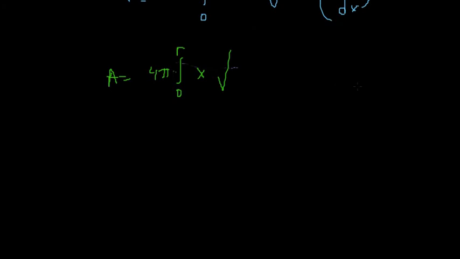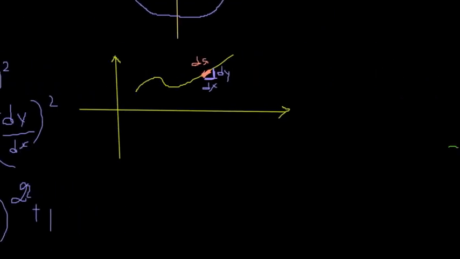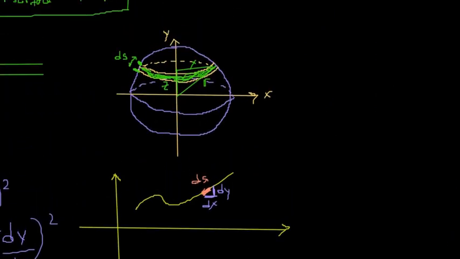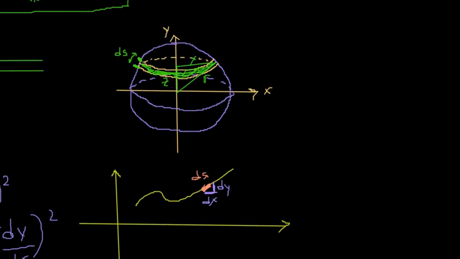So this is our circle, right? Not circle, sphere. This is the radius of the sphere. This is r, this is x, and this is z, right? X here, so if this is phi, the angle of